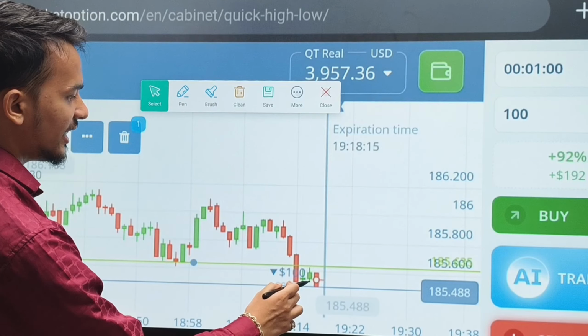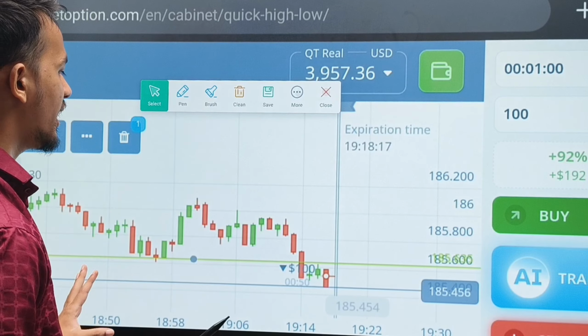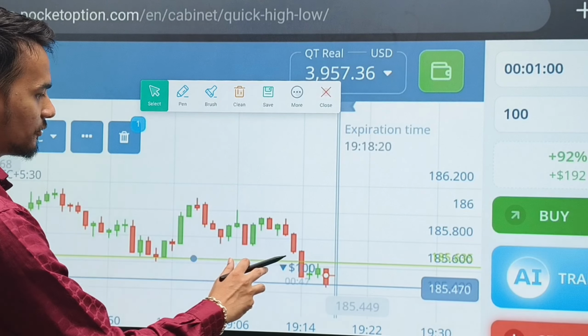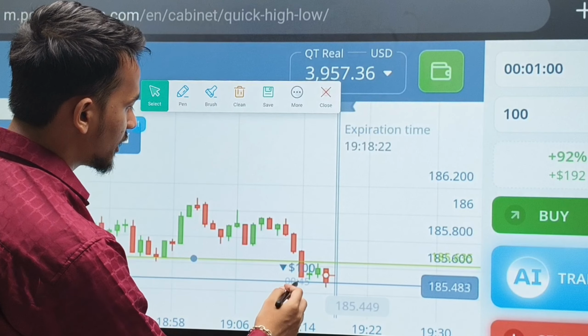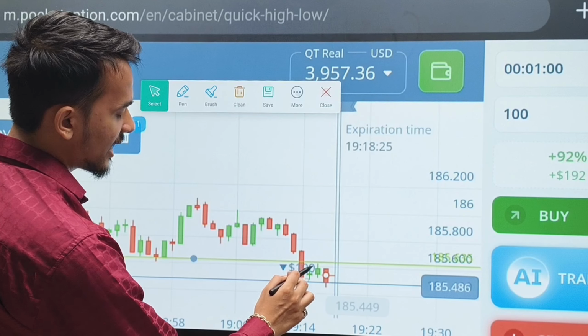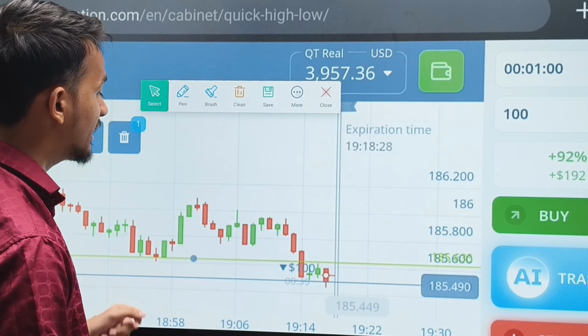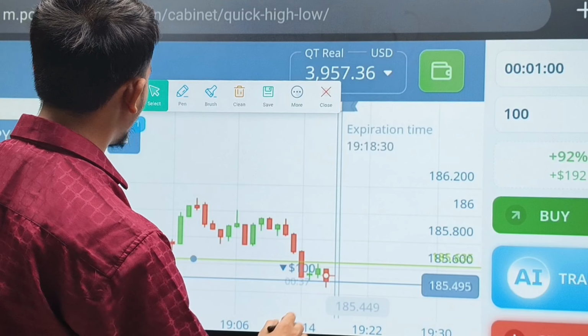So here you can see on next candle, I went with sellers. Why? Because there is a level here. You can see there is an SNR level. Plus, this is a two buyers candle. This is just a retracement candle. Why am I telling you that this is just a retracement candle?